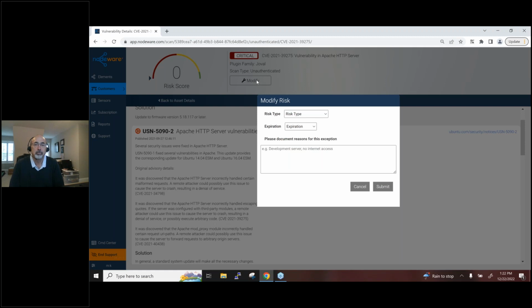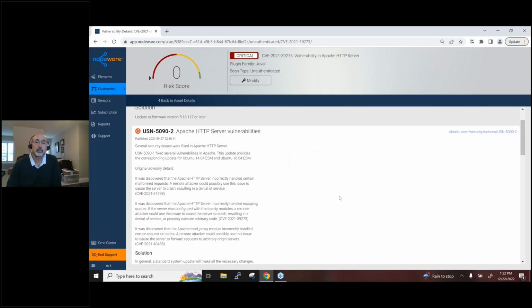How do you do that? You would hit modify. The risk type can be general acceptance, compensating control, or a false positive. False positives do get reported back to the development team for further research. But in this case, let's say it's a critical business initiative. I can set an expiration date of 1 month, 3 months, 6 months, or never. If I say 6 months, I have to put in the reason and hit submit.